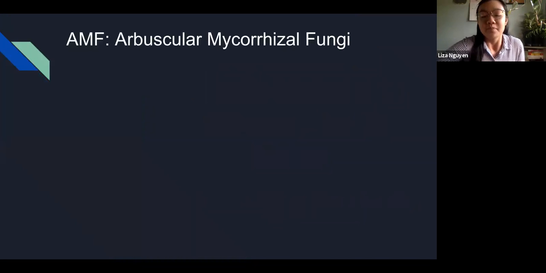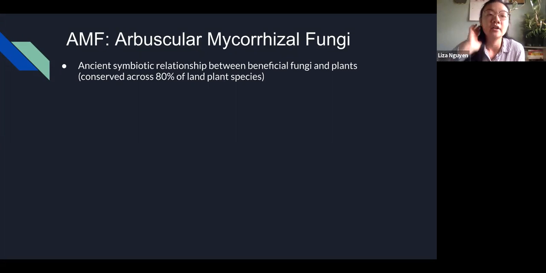So some background information so that we're all on the same page. Arbuscular mycorrhizal fungi is a beneficial fungal species that lives in the soil, which engages in a symbiotic relationship with plants. This pretty much started when plants moved out of the oceans and began to colonize land, and it's heavily conserved, which indicates its importance to land plant species, such that today about 80% of land plants are capable of